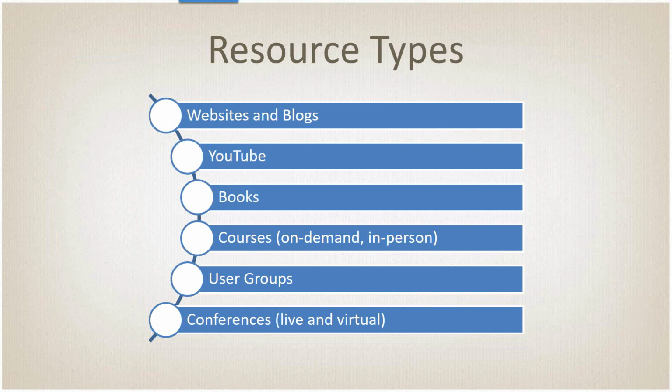So here are the types of resources where most people get their information. So websites and blogs. The MVP community has got some stellar players these days in the Dynamics 365 or business solutions, as they're called now. So lots of good folks out there writing lots of good information, developing tools, sharing knowledge, either on their website or in talks or YouTube, things like that. People still write books. There's on-demand courses, like stuff that I have. There's in-person courses. User groups, I think, are kind of hit or miss, depending on whether you really get involved or not.